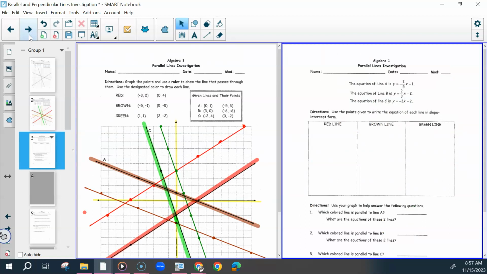And then some of you started the next page. So we were given the equations of A, B, and C. Then we had to write the equations of the red line, the brown line, and the green line. If you kept doing all of your slope points, you could have found your slope and then looked at where it crosses the y-axis to get your equations. You could have used this, did the slope algebraically, and then did what we have been doing to find the equation. It doesn't matter. Either way, you should have gotten,